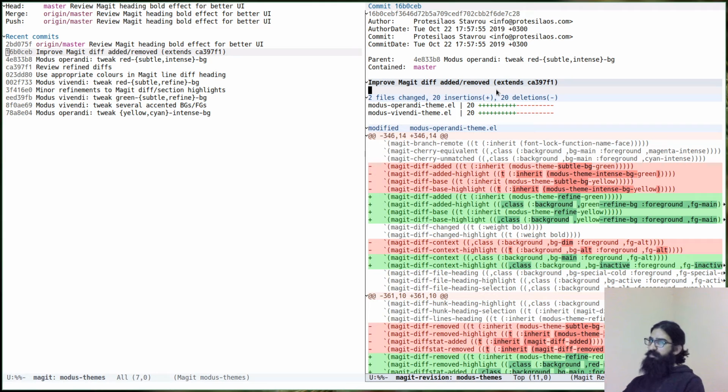I will submit a pull request so that they may consider my themes as a package that can be included in Melpa. They ask for a lot of things, a lot of bureaucratic checks, which are necessary. I'm not against them, but I have not done this process before, so I will have to read a lot on how to do it. This might take some time. The review process might take some time, so I cannot say when my themes will be available through the Melpa